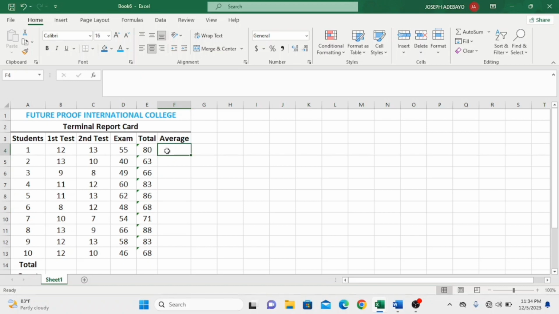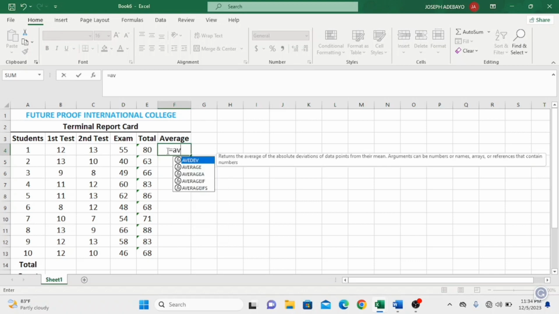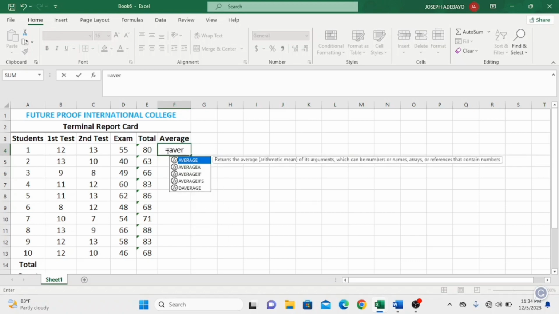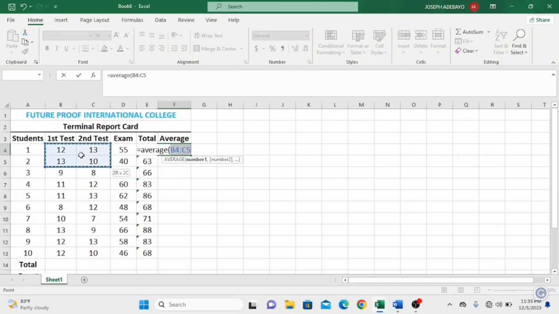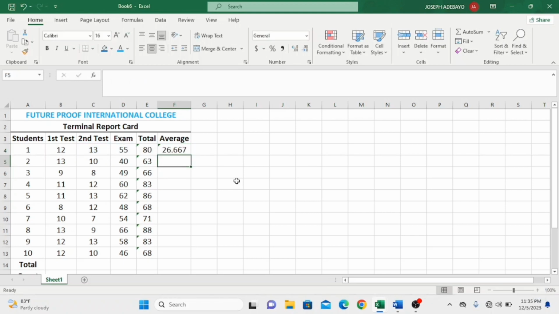To calculate the average, you can use something like equals, then you are going to write average, open brackets, then select the range of values you wanted to add the average for. So this is it. Then which means from B4 to D4 again, press enter on your keyboard. So this is the average score for this particular student. To get the average score for all other students, we are going to drag it down using the fill handle,